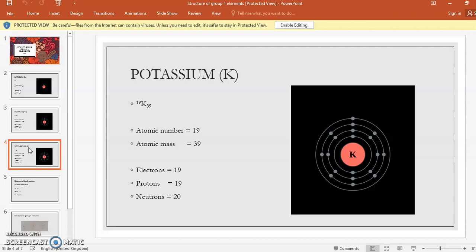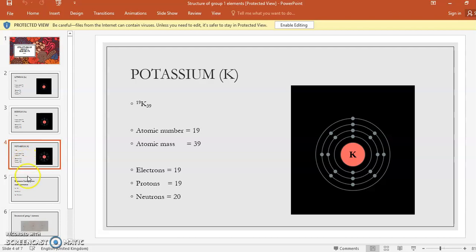So the question will come like that. Like for potassium, they will give the atomic mass and atomic number, and they will ask the number of neutrons or protons or electrons, whatever they want to ask in a question. Now see, it is a bit difficult as compared to the other examples, but it is easy. If you see, first shell or orbit has 2 electrons, second 8, then again third 8 electrons, and the last one will be 1. So the electronic configuration will be 2, 8, 8, 1.